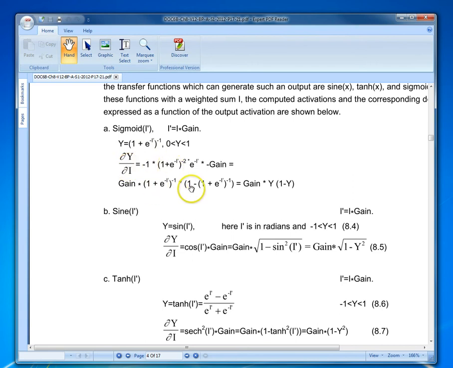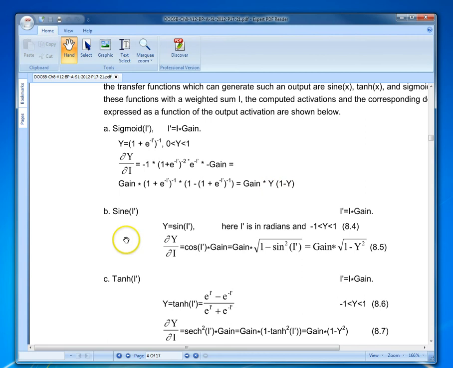and rearrange these terms, you would find that the derivative of this sigma transfer function is going to be y into 1 minus y. Quite often the gain is a fixed value, so it is not considered because it is a constant value. Quite often when we apply what are called the error functions in back propagation, we would use what's called the gradient. When you take the derivative of the sigma transfer function, its gradient is going to be y into 1 minus